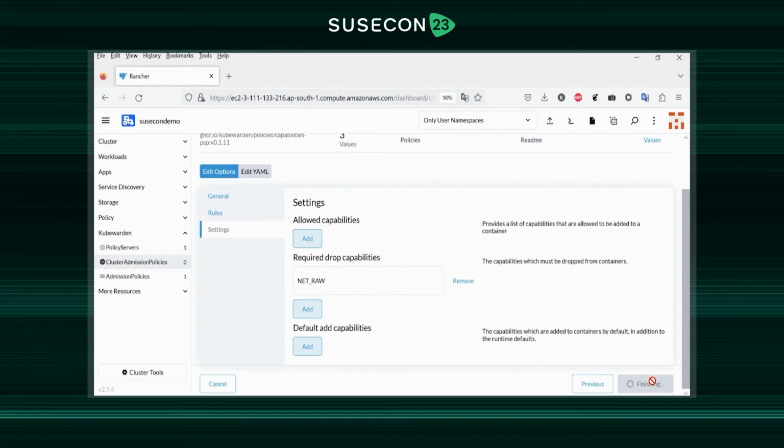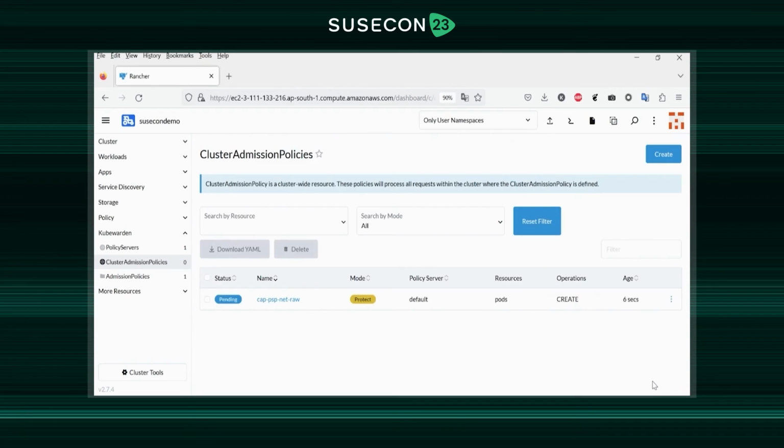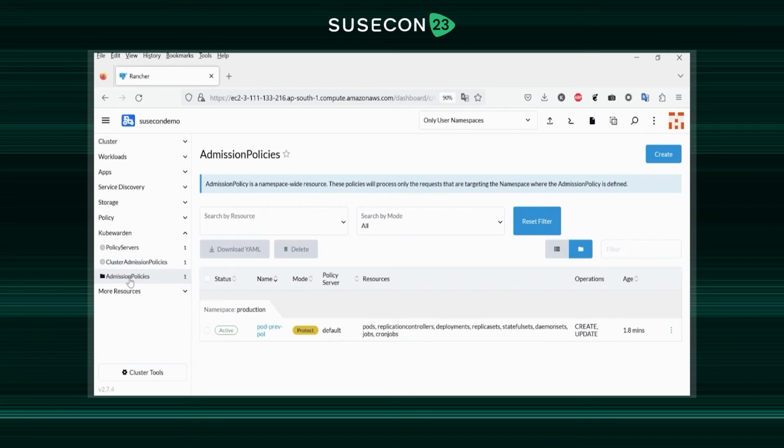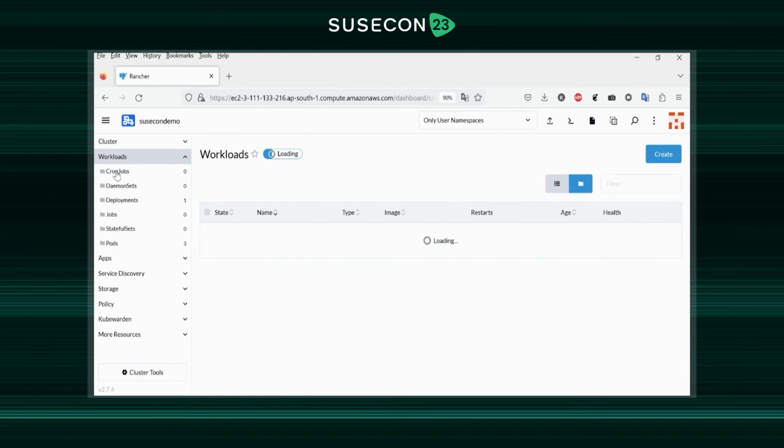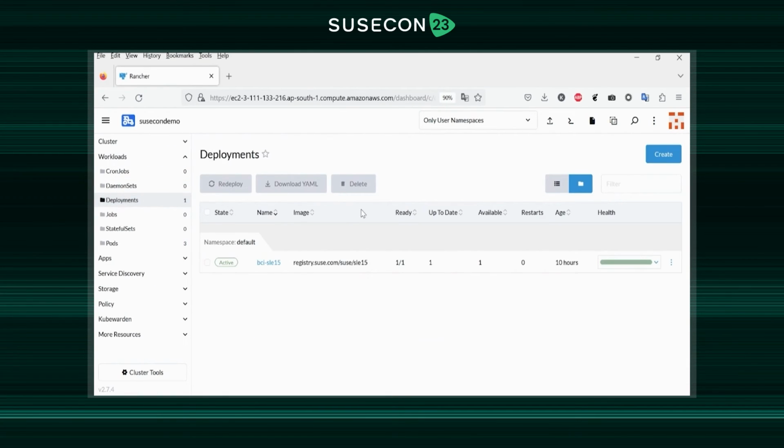I've just created the policy. You can see the policy is getting created here, and it's going to take a couple more minutes. So let's go back to our admission policy, and now the status is active already, right? Let's go ahead and try to create a pod with privileged capability. For that, I'm just getting into workload deployments, and I'm just going to import a YAML file,